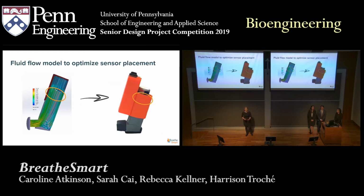To optimize the placement of our pressure sensor and ensure the most accurate readings, we performed a flow simulation in SolidWorks using physiologically relevant parameters that you would likely see as a patient is inhaling. And you can see in the area indicated in the yellow circle that the flow is fairly uniform across the cross-section and it's pretty stable, which means that we can simply multiply by the cross-sectional area to get volumetric flow